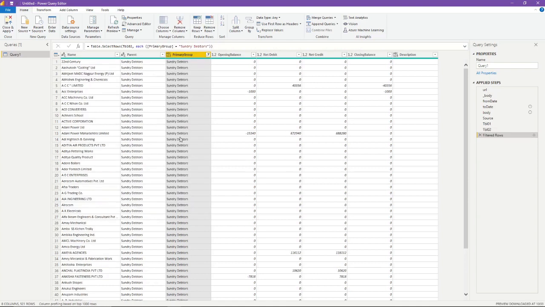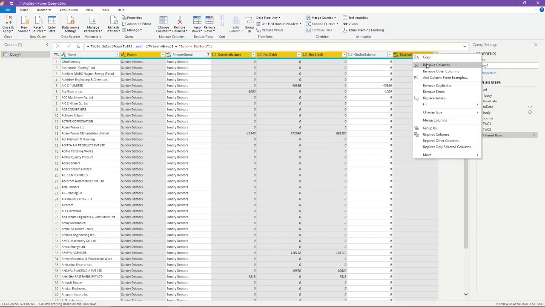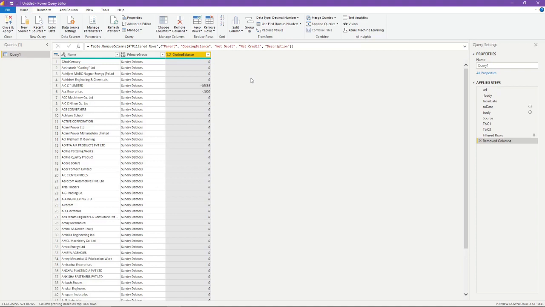So let us click OK. So Tally has filtered this out. We are now not interested in other columns like parent, opening balance. So I will press Control and select all these columns so that I can remove them. I will just keep closing balance, and let us right click and remove these columns.